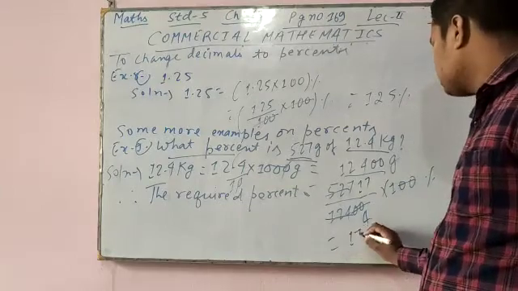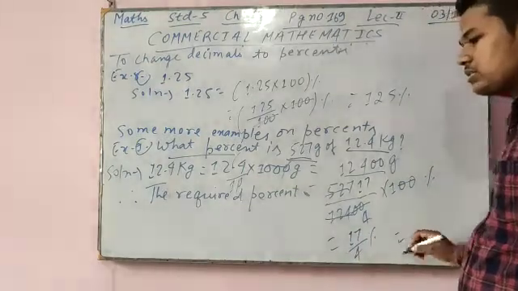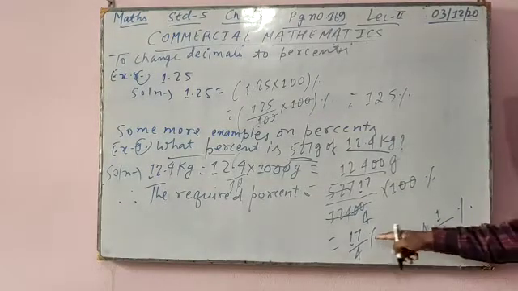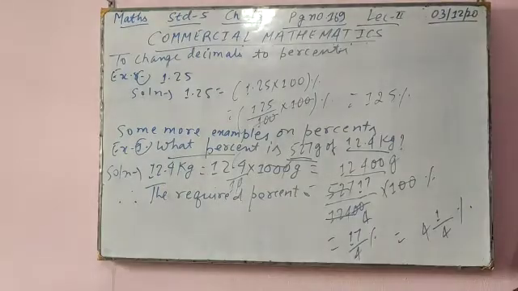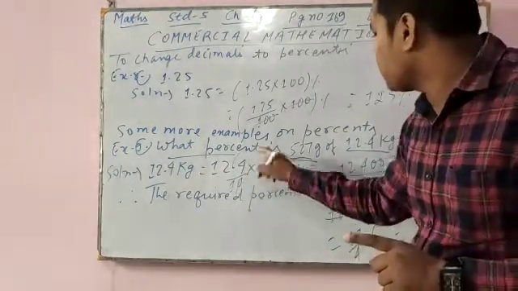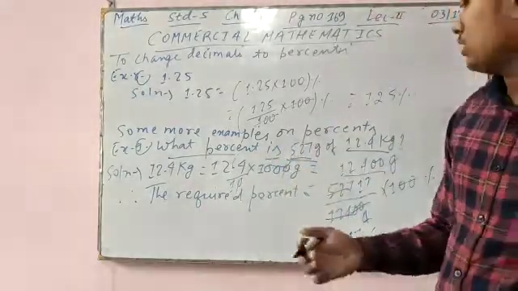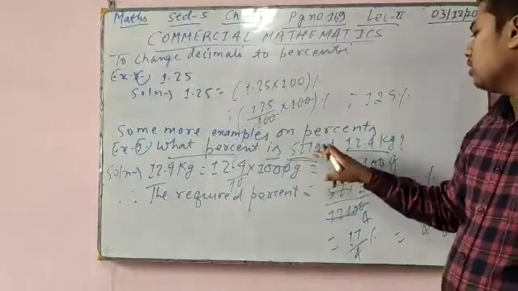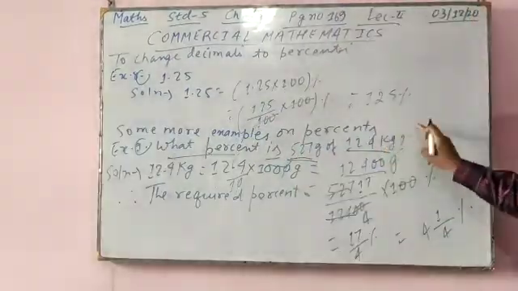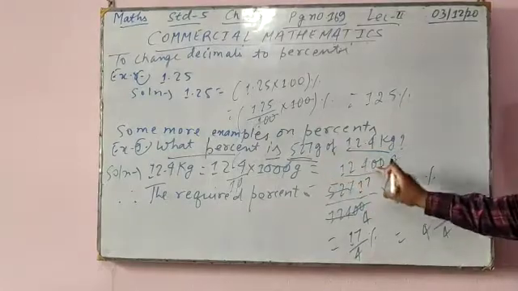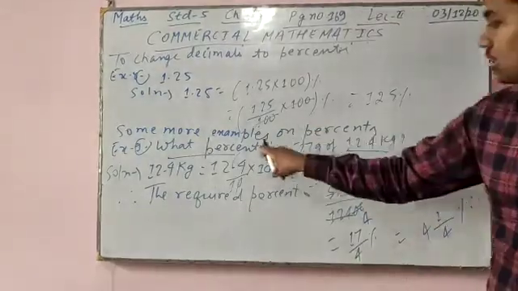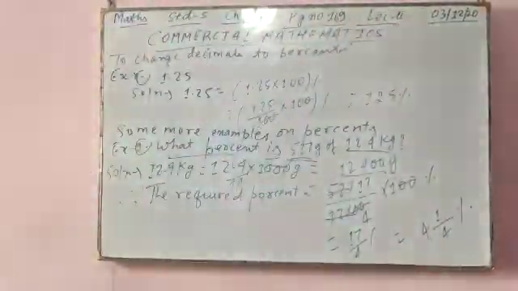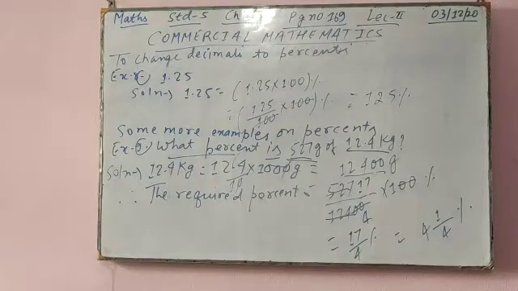See, finally you got 17 by 4%, and you can change into mixed fraction. 4 whole 1 by 4%. 4 times 4 is 16 plus 1, 17 by 4. Again, see in this question what you have to do? What percent is? Now there will be some questions where you will find off. So there we will use different percent, but here it is. It is in gram and this in kg, so you have to change it into gram. By this number into 100, because we are changing into percentage, so we have to multiply with 100. Okay, now we'll move to example number 10.